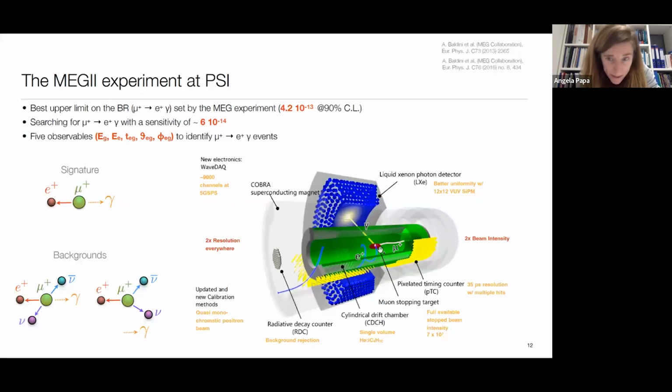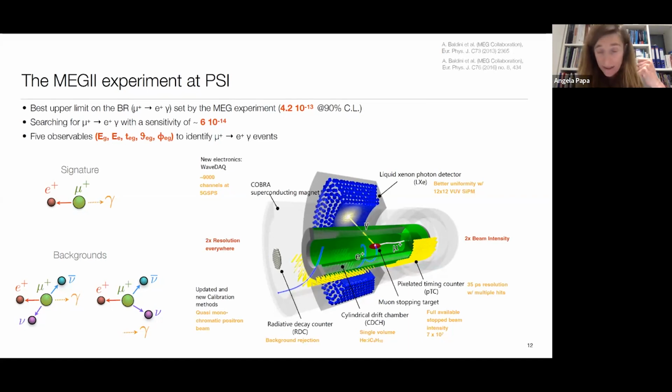So the muons are stopped in a very thin target, and all the kinematical variables associated with the gamma are measured with a liquid xenon calorimeter, while all the kinematical variables of the positron are measured by the spectrometer. The spectrometer is made by a special magnet which produces a gradient field. This was a first application in particle physics, and this magnetic field helps to bend the charged particles going through this long and very light drift chamber, from which we can extract the track, and then the momentum and the direction of the particles.